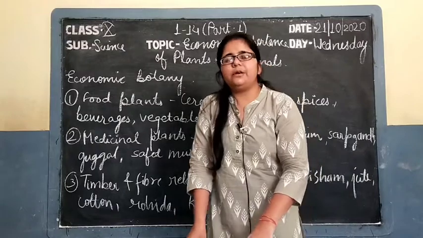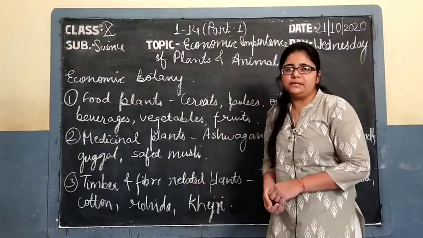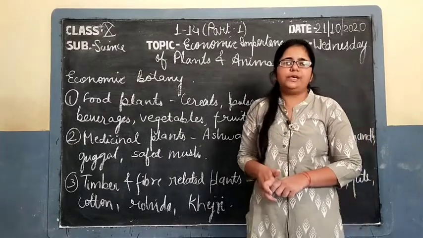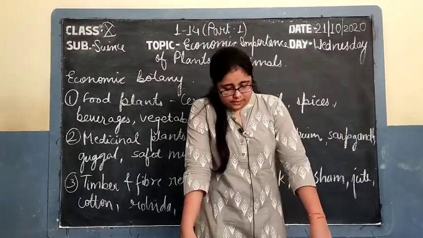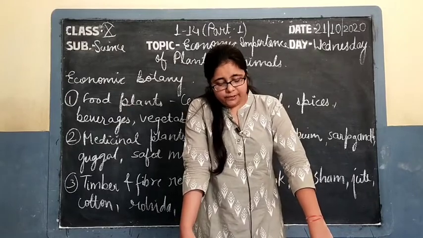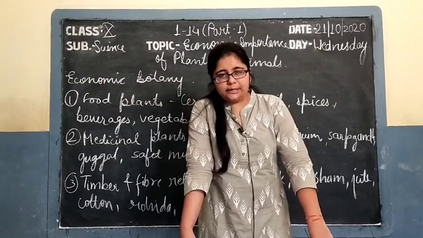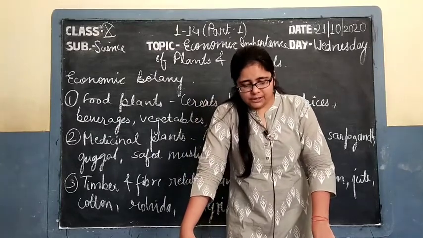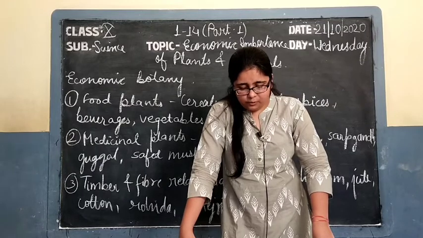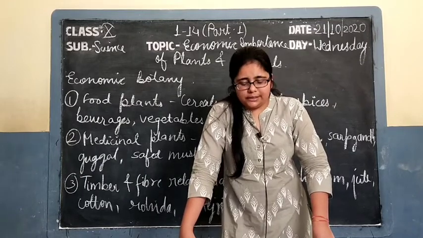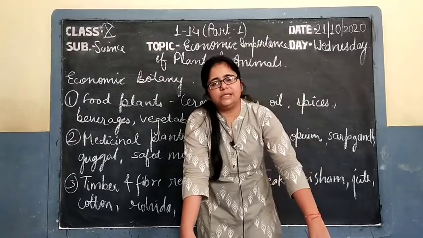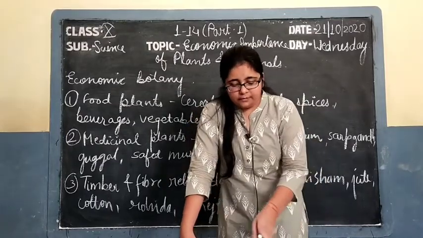After vegetables, which have abundant amounts of vitamins and minerals, there are fruits which are also rich in water, vitamins and minerals. The first fruit is mango, that is Mangifera indica. Second one is banana, that is Musa paradisiaca. Third one is orange, that is Citrus reticulata. Fourth one is guava, that is Psidium guajava. Fifth one is papaya, that is Carica papaya, and the custard apple, that is Annona squamosa. So these are the fruits which are used in the food.